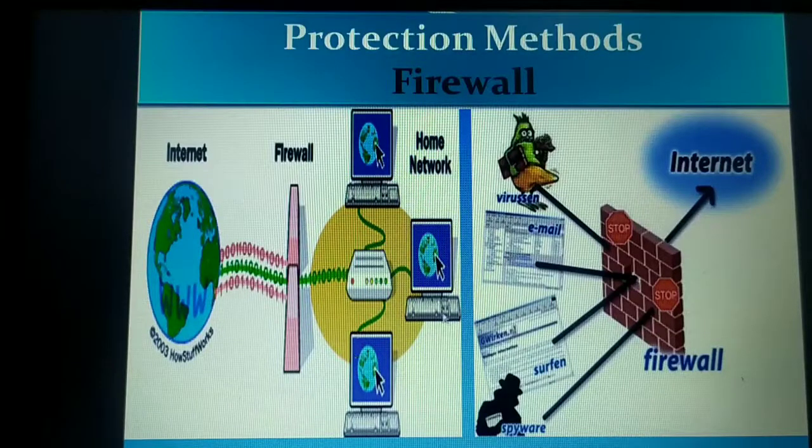Whereas private networks are like the internet at your office, the internet at your college, or the internet at your home, maybe Wi-Fi, or through any kind of broadband connection, or if you're using any dongle or modem through which you experience the internet. Such a network we may call a private network, or a home network. Now let me explain with an example how exactly the firewall will work.